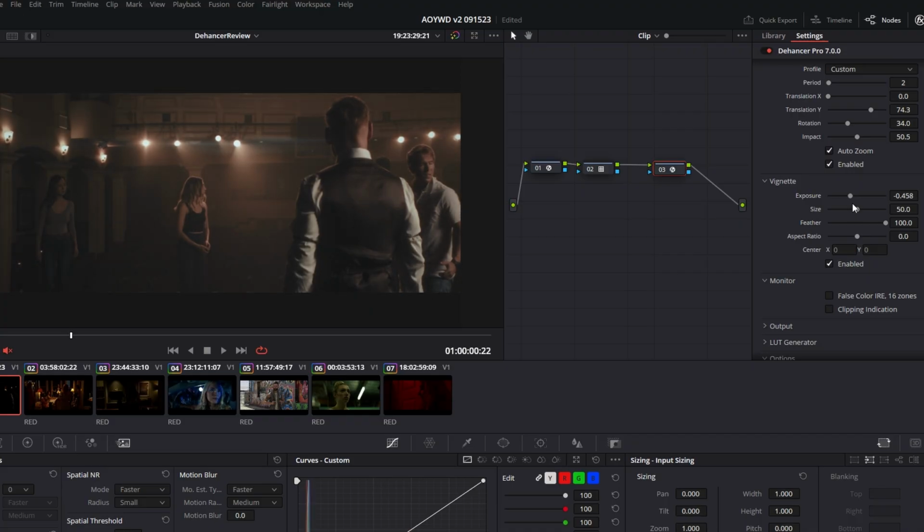Now we can adjust the size of this. So if we bring it way down, then it's affecting everything. If we open it up, then it's just going to affect the edges. We can feather it or make it a hard line. If we bring our size down a little bit, you can see this better. So that's essentially your vignette. So maybe we bring this up, and then feather it out